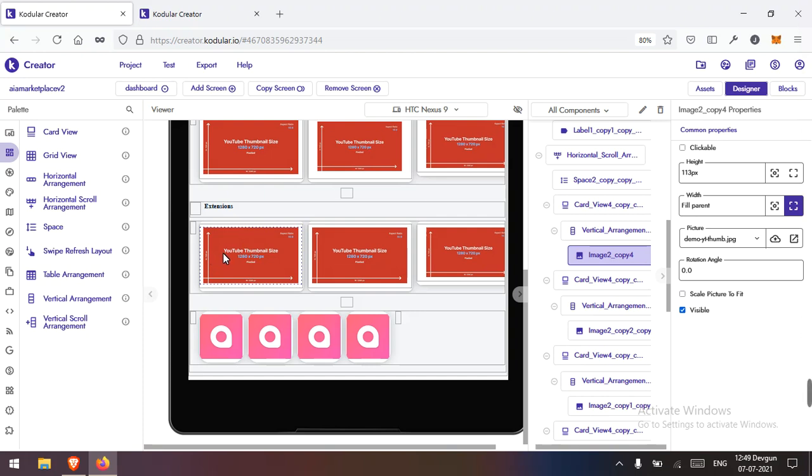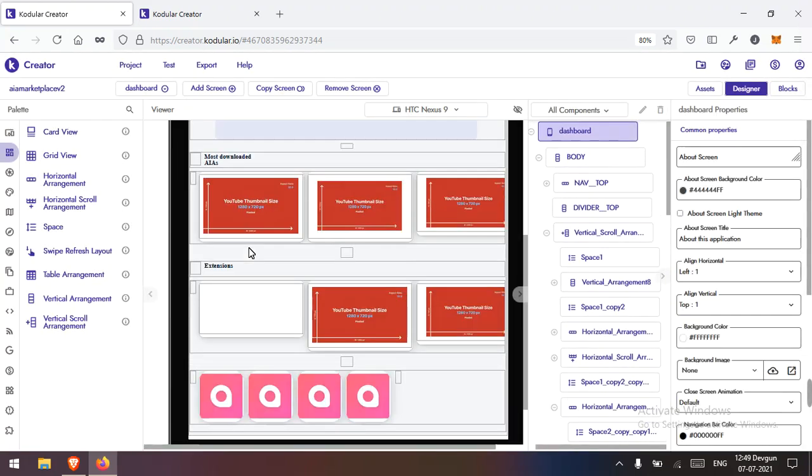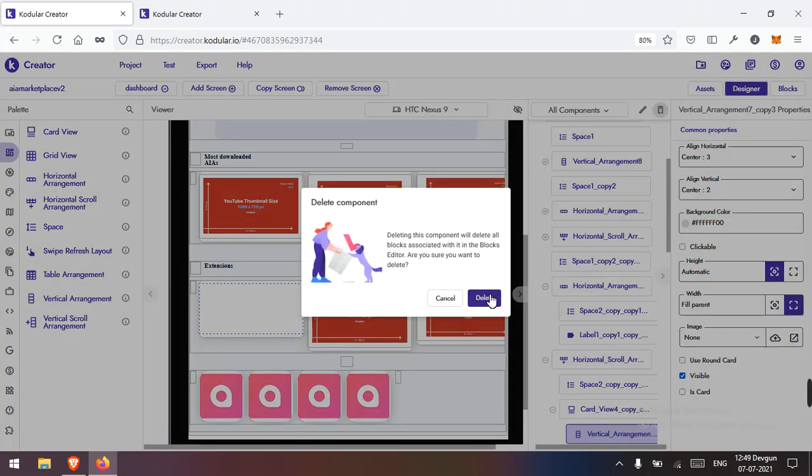for just add some kind of text only rather than image. So let me try this and delete this and add some only text here. Let me delete this as well, this vertical arrangement, because I don't need this anymore here,